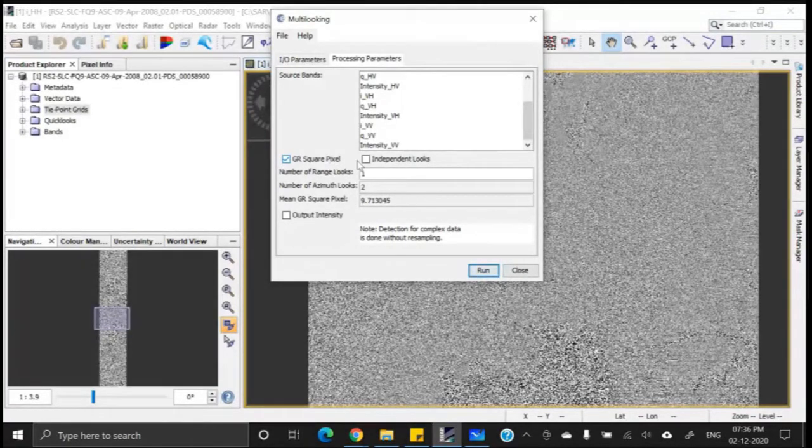Okay. Then number of range looks, I mean number of looks in the range direction and number of looks in the azimuth direction. If you check this ground range square pixel, then the software will automatically determine the number of looks in the range direction as well as the azimuth direction for multi-look processing.